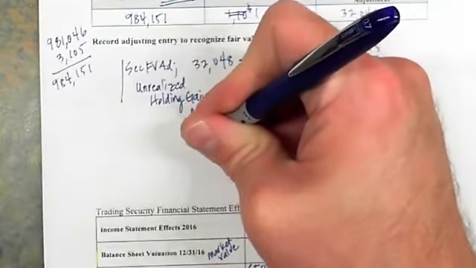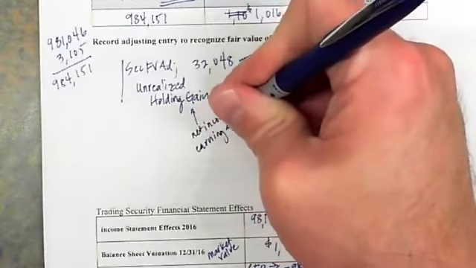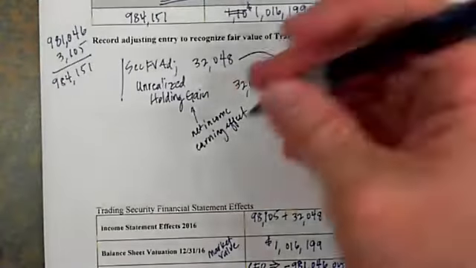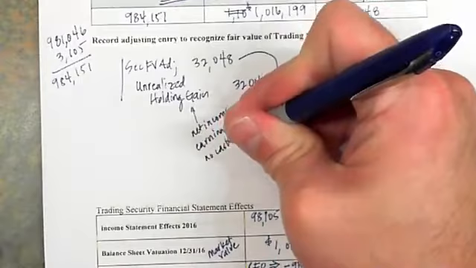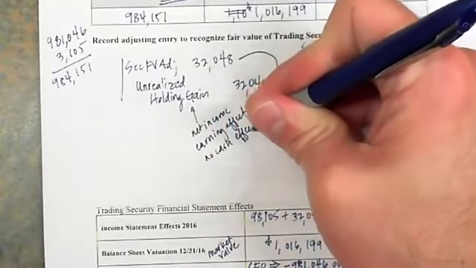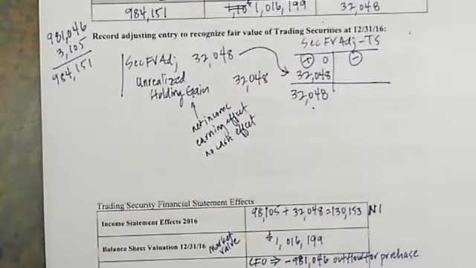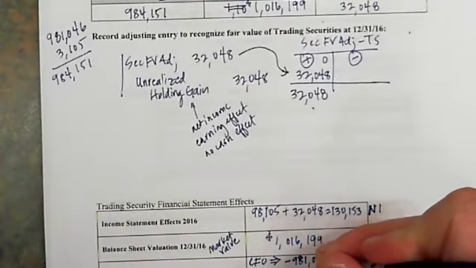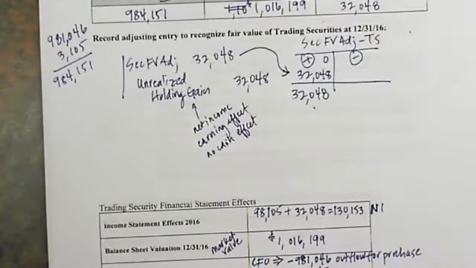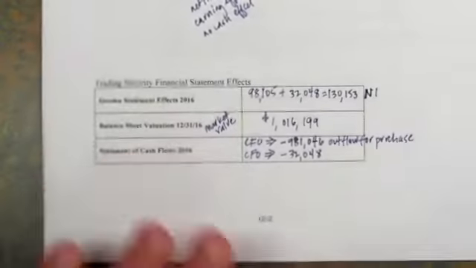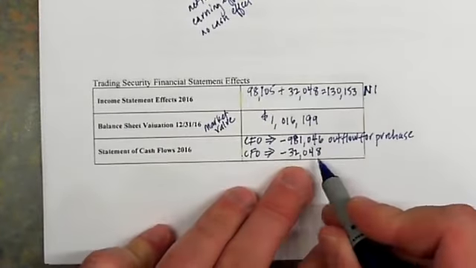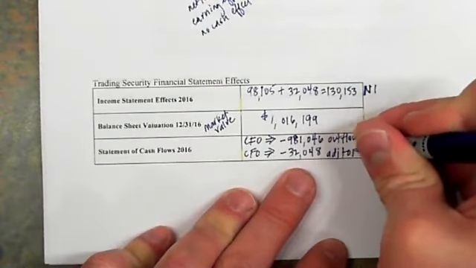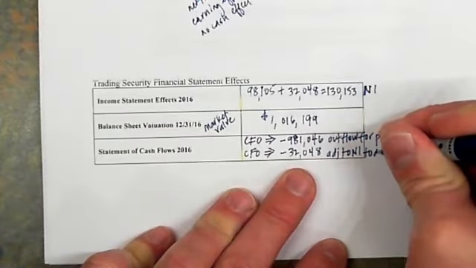Hence, it does have an earnings effect, but it does not have a cash effect because we haven't sold it yet. And so in this case, net income will contain a $32,000 revenue, or in this case, a gain that we haven't recognized as cash. So we need to subtract that out. This is a negative $32,048 adjustment to net income to derive